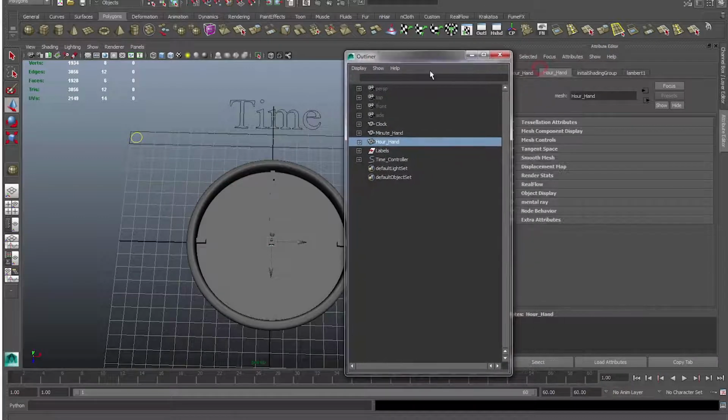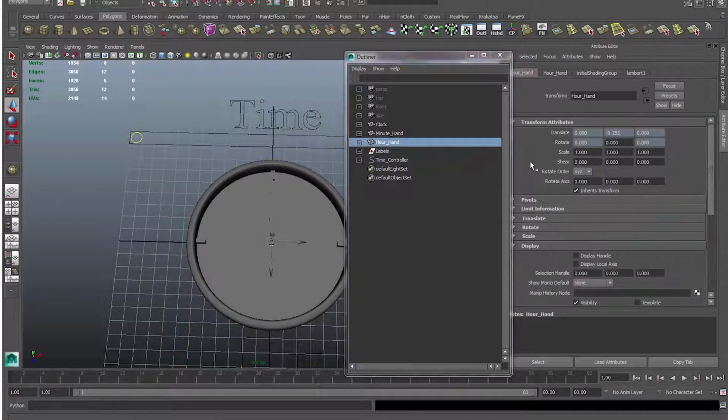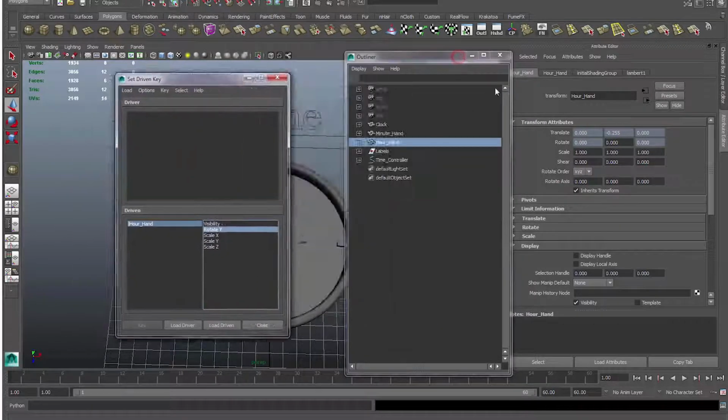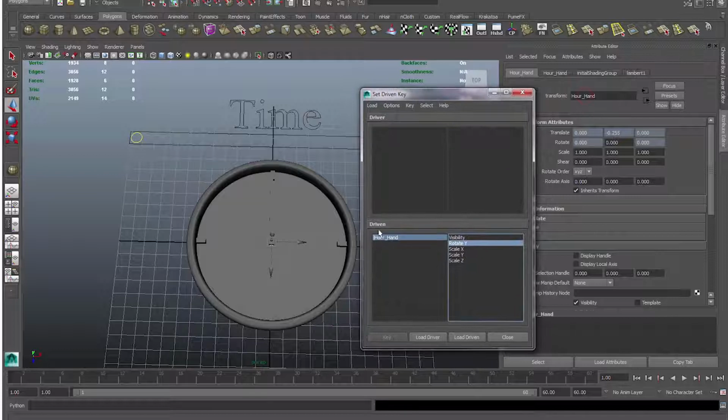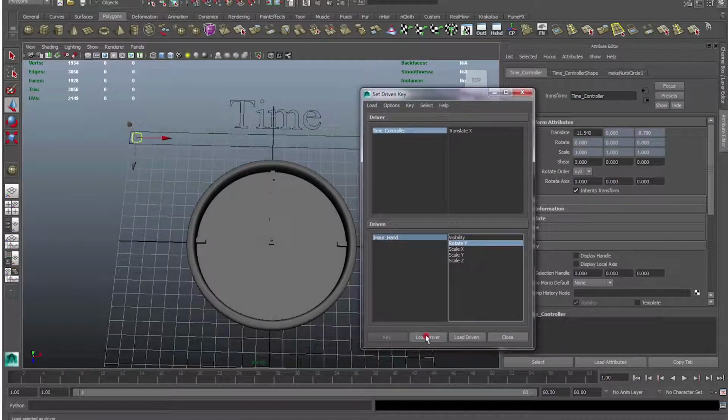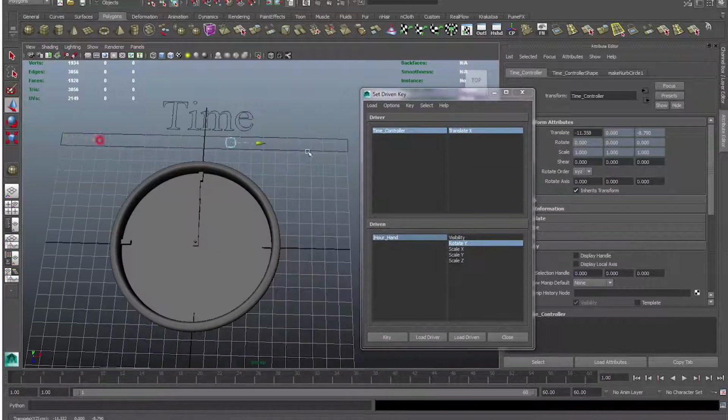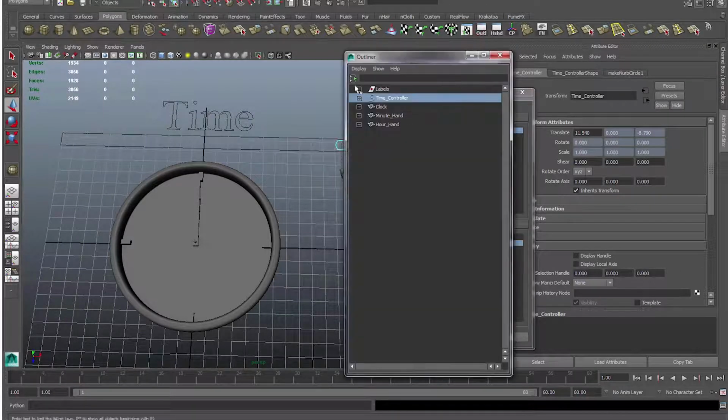So to begin, I'm going to select the hour hand, and I'm going to go to the transform options and select the rotate Y and click set driven key, and we're going to then select our time slider, which is our little yellow circle. Selecting that now and clicking load driver, I can link my translate X to the rotate Y, go to the end position, and now I need to go into the attributes of our rotate Y, so I'll just open my outliner